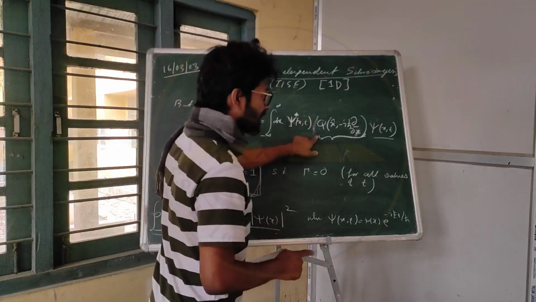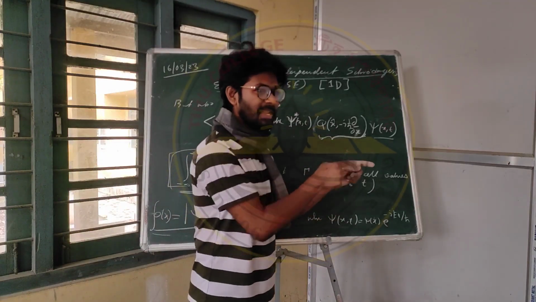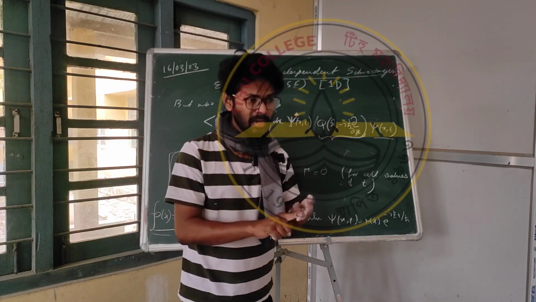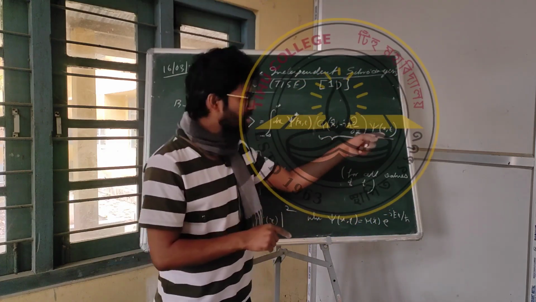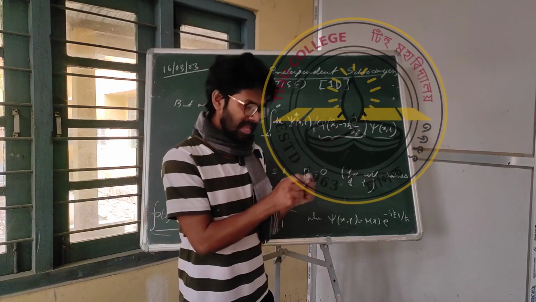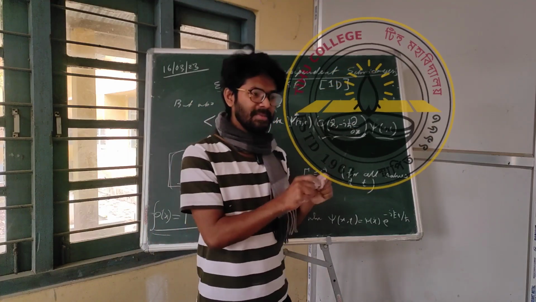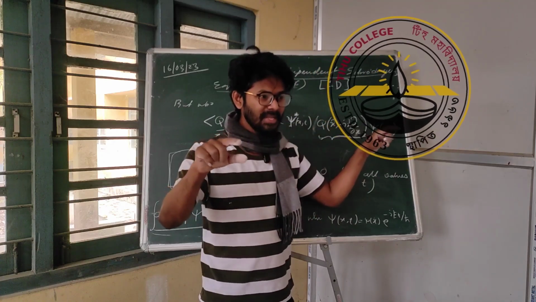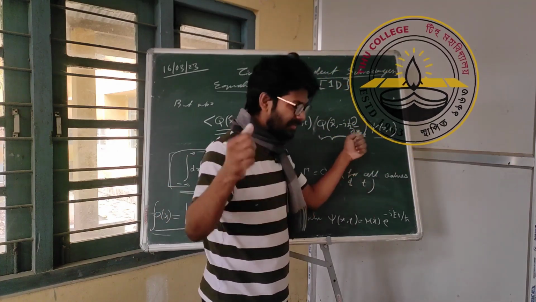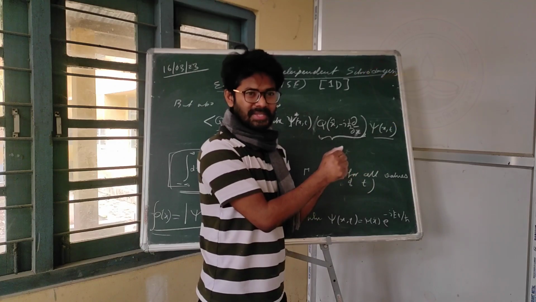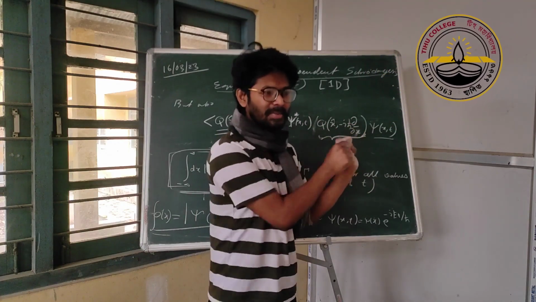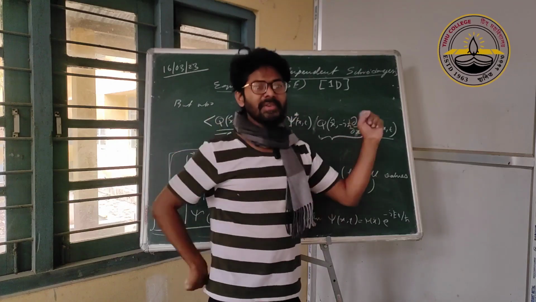It is not performing the same experiment n times on the same box. You know very well why. Once we measure the momentum of a particle, you will find a value, and next time it will be that value again, because the wave function collapses. Once you do the measurement, the function will change and collapse into one single value. Next time you do the experiment, you will keep getting that value.